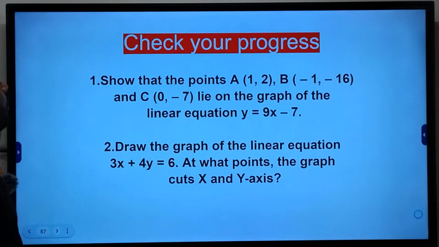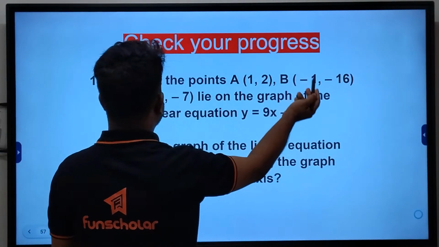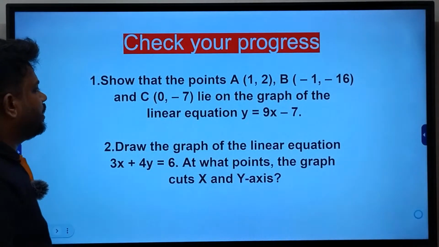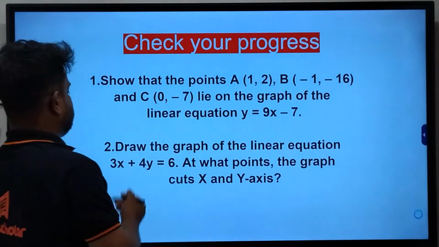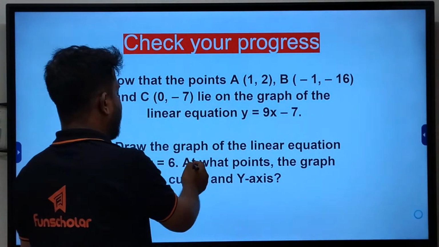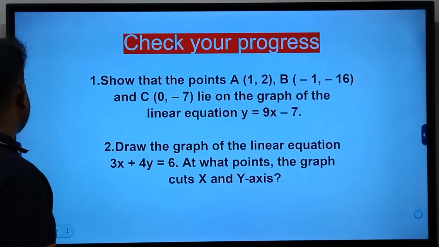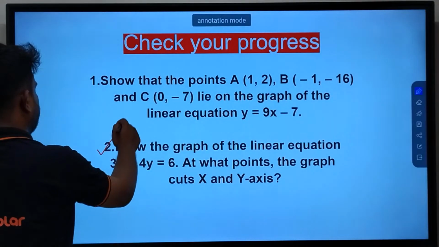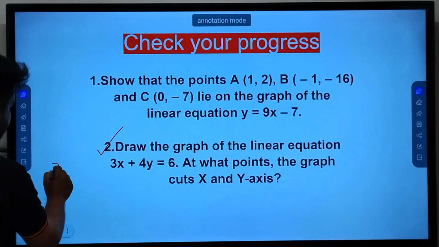Okay, show that the points A, B and C lie on the graph of the linear equation, and draw the graph of this linear equation. At what points does the graph cut the x and y axes? So if you do number 2 correctly, you can see that